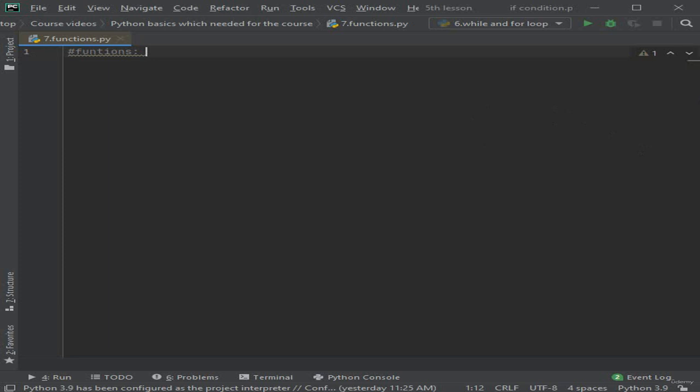Let's see. Let's first type here the definition. Okay. Let's first see how you can create a function. To create a function,